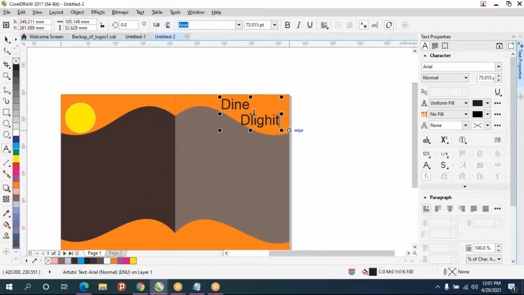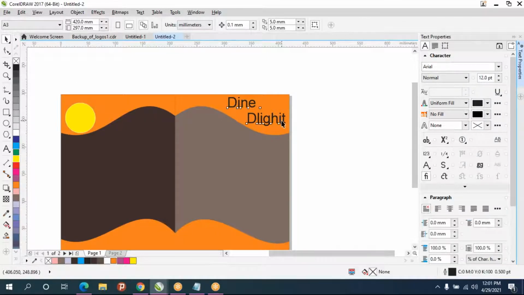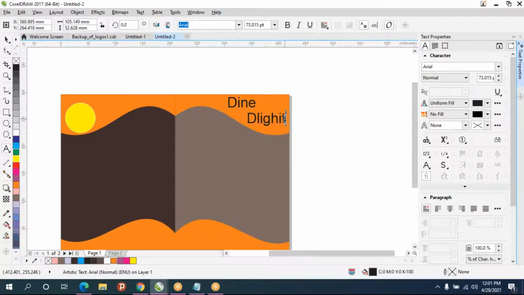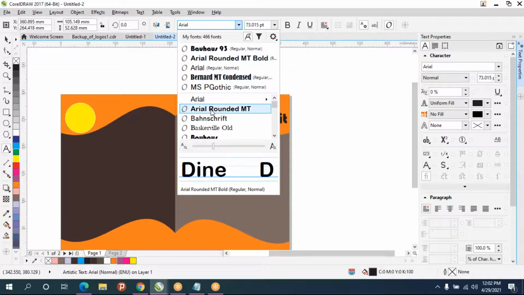So I'll increase the size of this, and for this you can give any color. But always remember that before that I'll choose some fonts, just to look good.